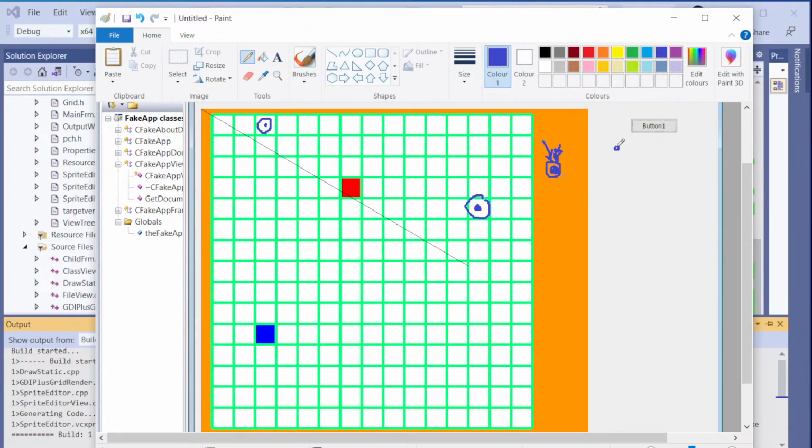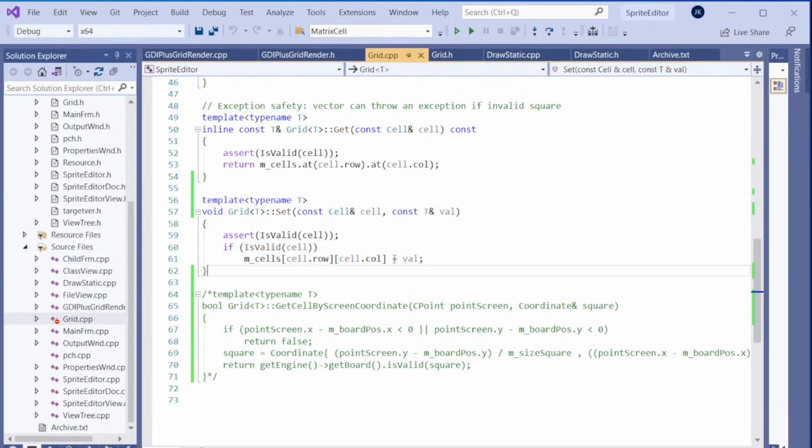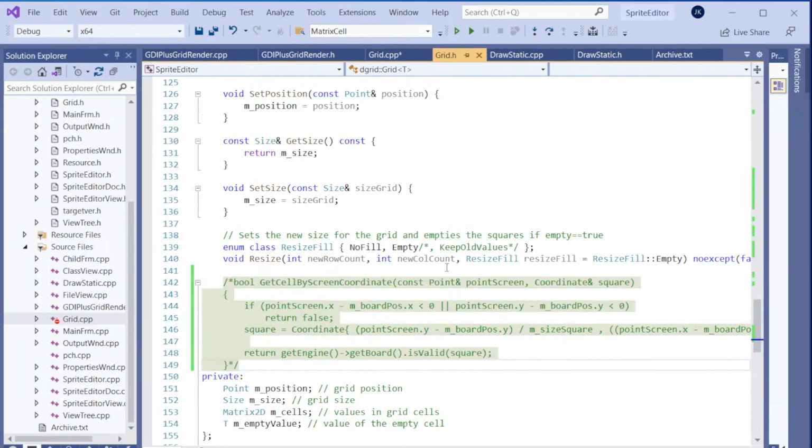But if I click here or here, it should return null or something like that. It should return that it was not hit. Nothing was hit. There was no square hit. Okay. So let me think. I have an idea. I have an idea now,